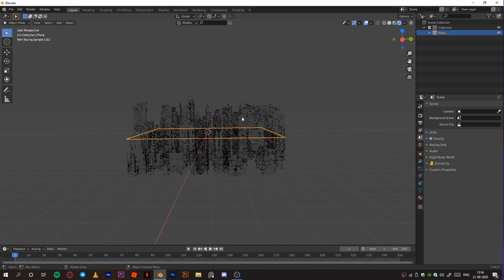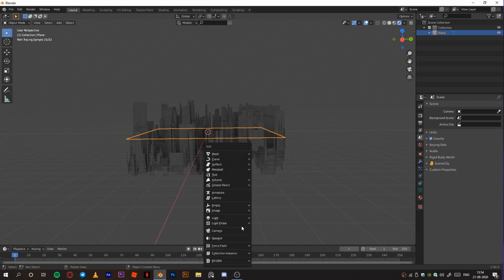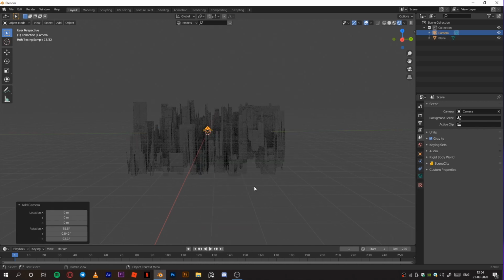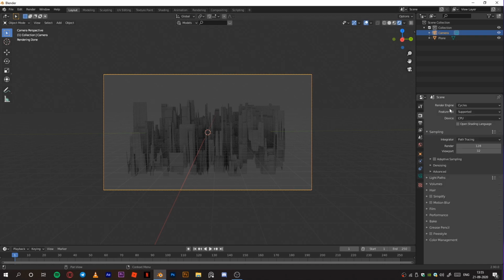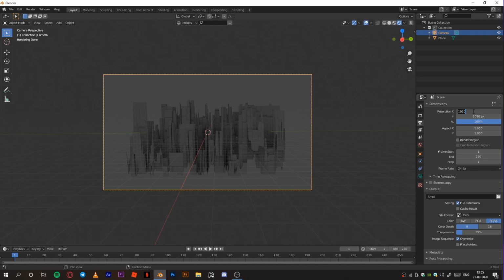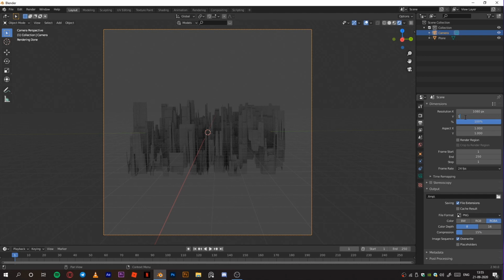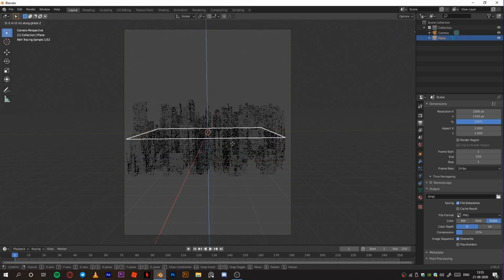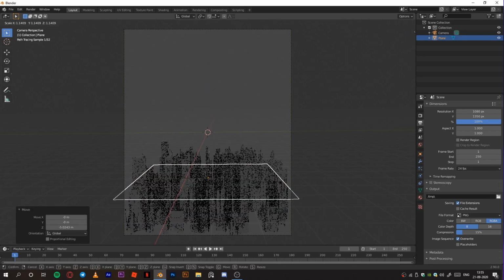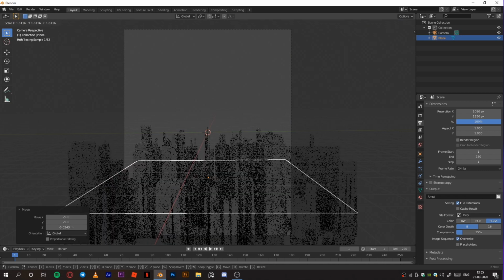Alright, I will add a camera real quick and I will hit Ctrl Alt 0 to get the camera to the screen. Okay, so let me change the resolution. And after we resize the building, and then we will